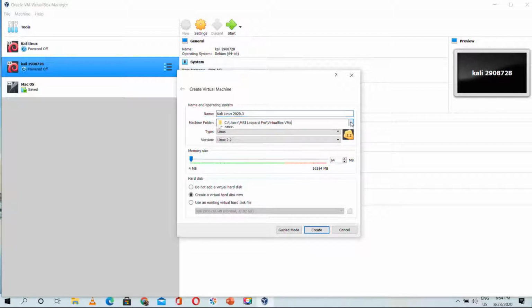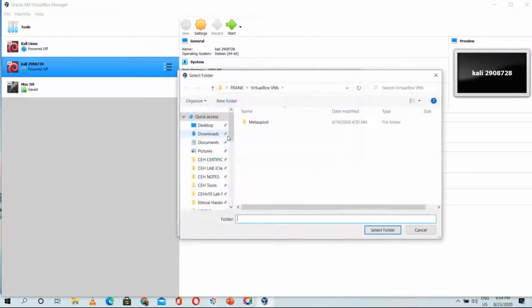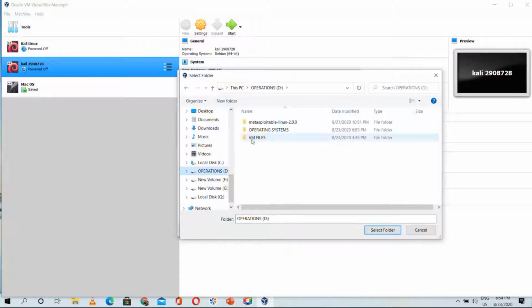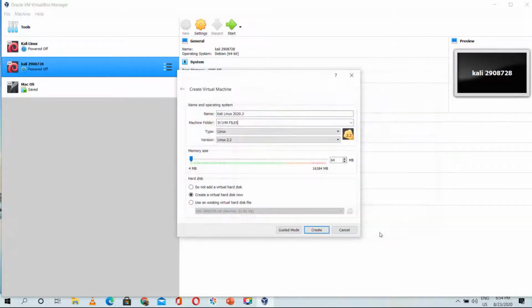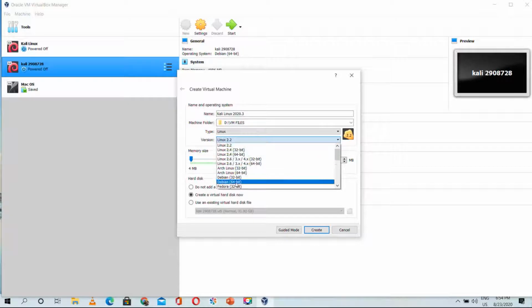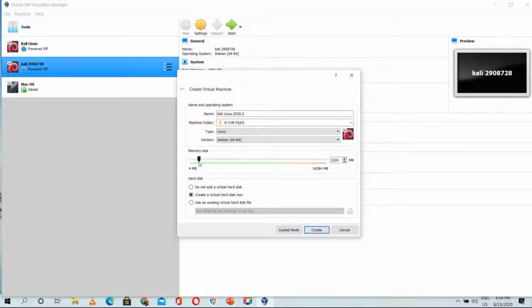So I change the folder again. All right, and I chose this folder, and we change the version. The type is Linux, and as I said, Kali is a Linux-based operating system, so for the version we select Debian 64-bit, and we change the memory size. Allocate a memory size of 4 gig, and we select create a virtual disk now. So we go to create,